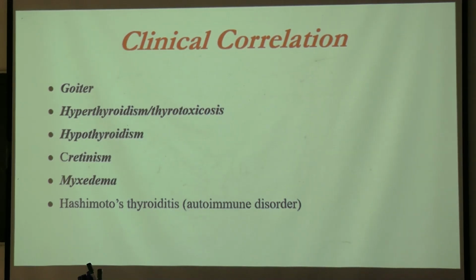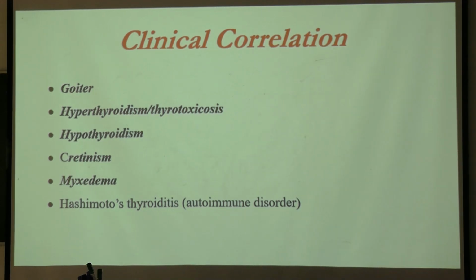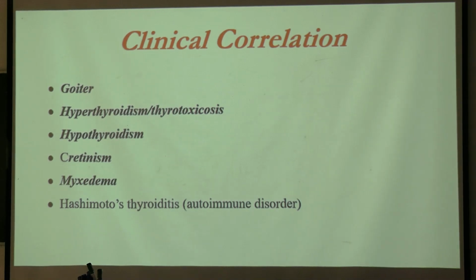Now these are the clinical aspects of the thyroid gland. Goiter. Goiter is enlargement of the thyroid gland and occurs generally due to deficiency of iodine or deficiency of the thyroid hormones due to some reason. Next is hyperthyroidism or thyrotoxicosis. Okay, there is increased release of thyroid hormone. If there is higher stimulation from the thyroid releasing hormone from the pituitary gland, then there will be excessive release of thyroid hormone and it will lead to thyrotoxicosis. Okay. Next is